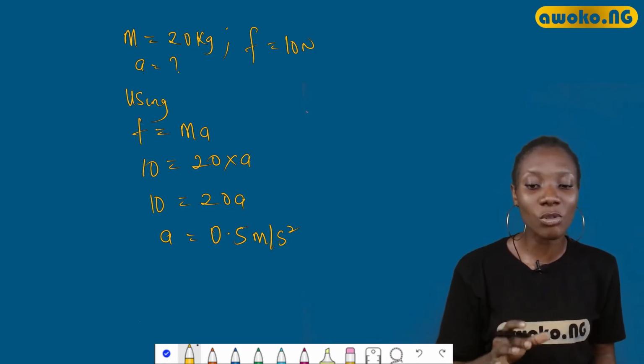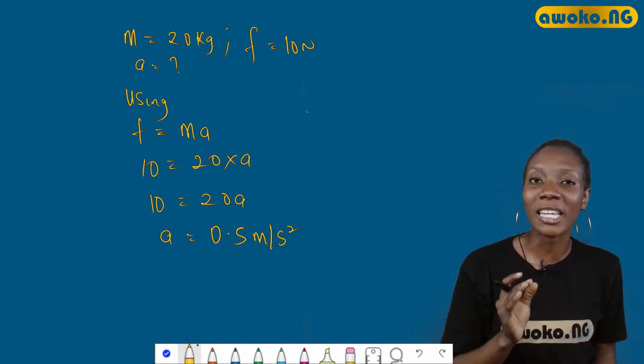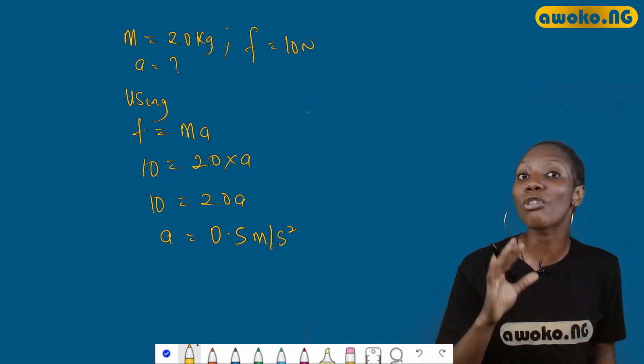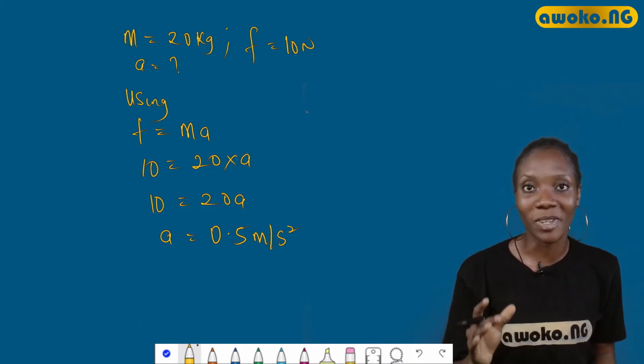Now we need to make this explanation straightforward so that we can understand when questions are given to us. We need to understand the concepts first before trying to attempt to solve the question. Once you understand the concept, any question will be a piece of cake.